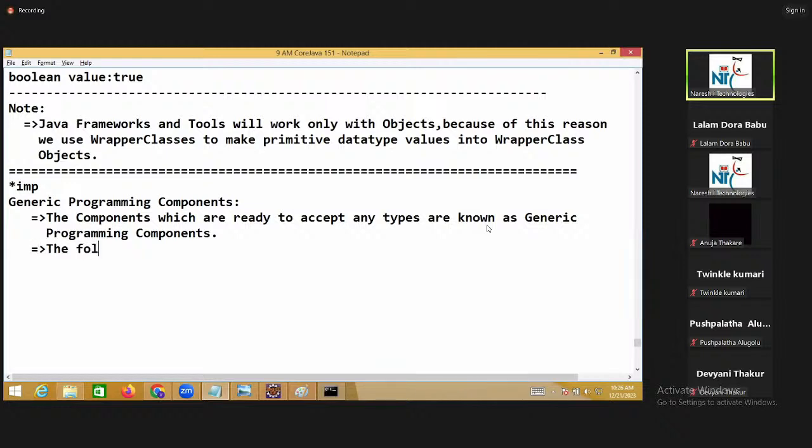The following are some important generic programming components.